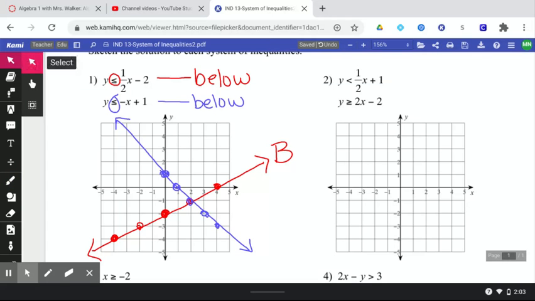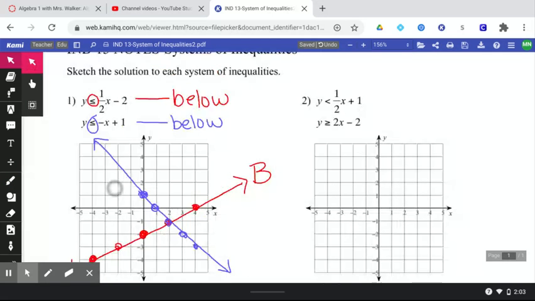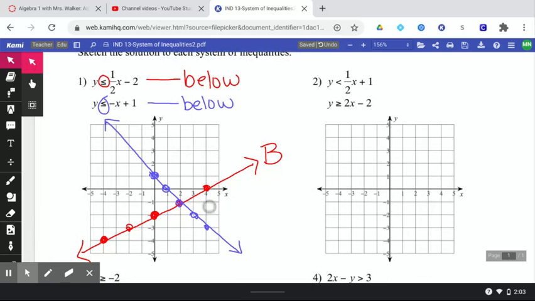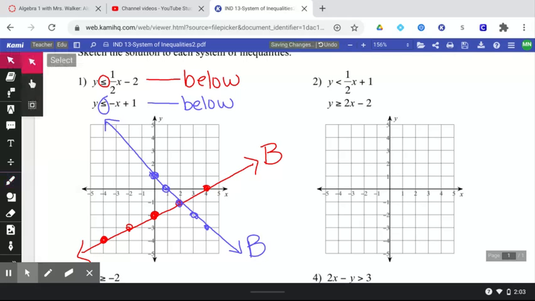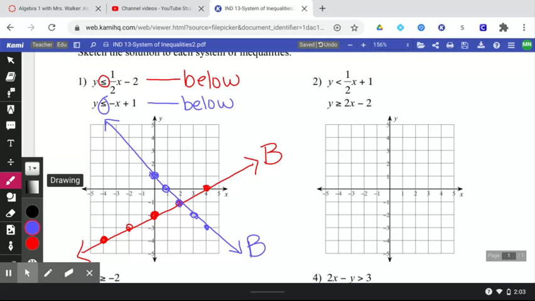So whenever you graph two lines, it basically creates 4 sections of points. So 4 sections of the graph. So we got a section over in this area, we have a section up here, we have a section to the right and a section at the bottom. Now, we are supposed to be shading below both lines. And the only area that's below both lines would be this area